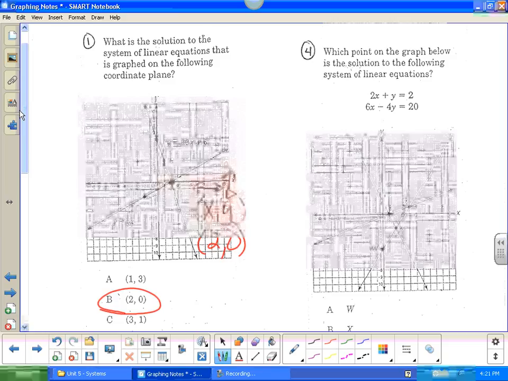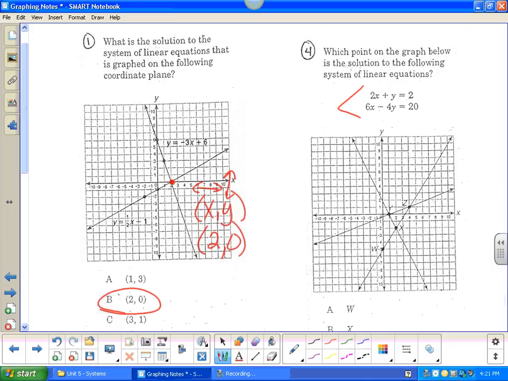Which point on the graph below is the solution to the following system of linear equations? Well, here's the problem. I have my system, which has 2 equations. The problem is my graph has 3 lines. So they're going to make us work for it a little bit more. They're saying, okay, I'll give you 3 lines, but you have to figure out which 2 are yours. So to figure that out, I have to solve these for y. On this one, I'm going to subtract the 2x and get y equals negative 2x plus 2. And on the other one,